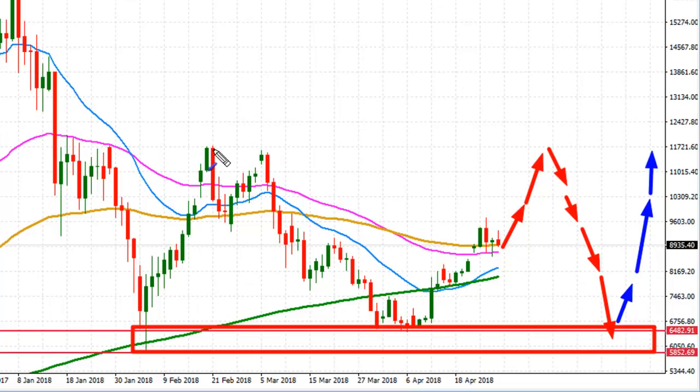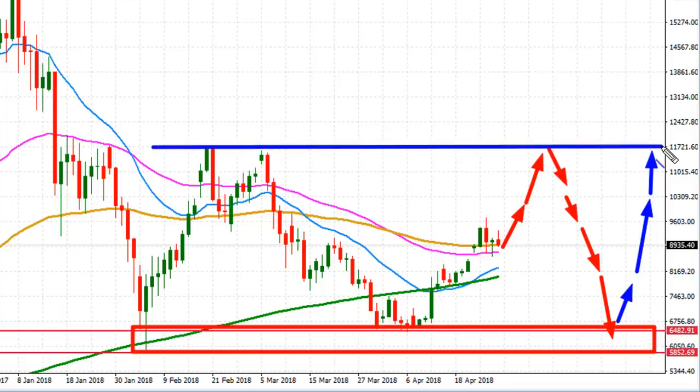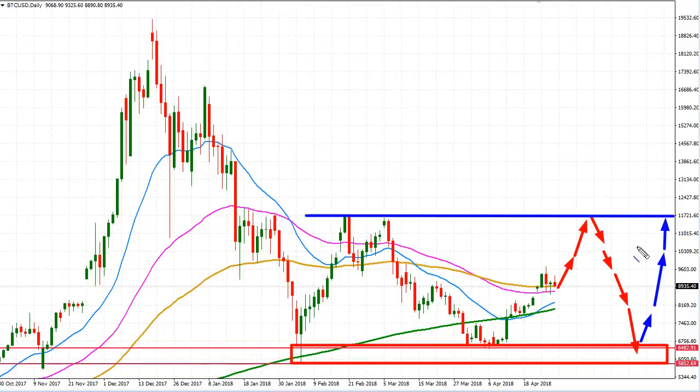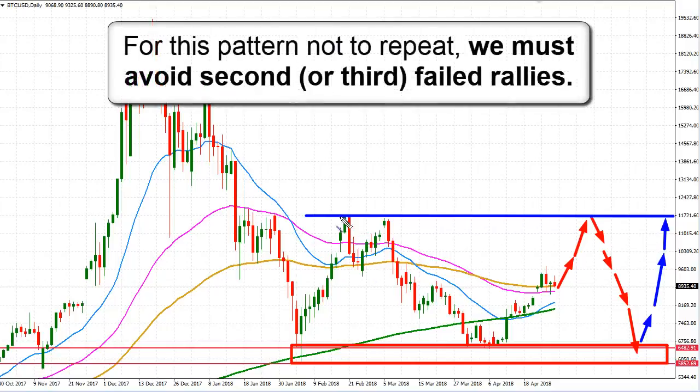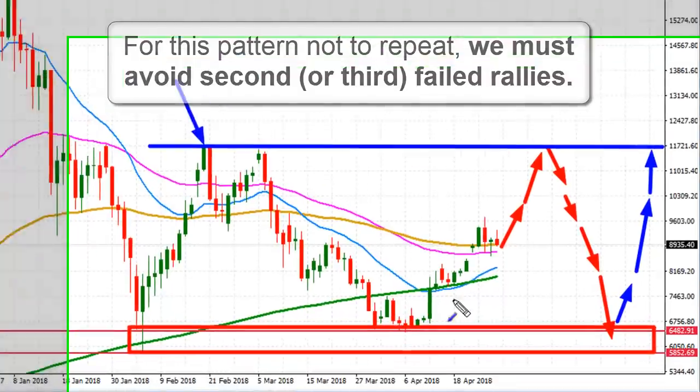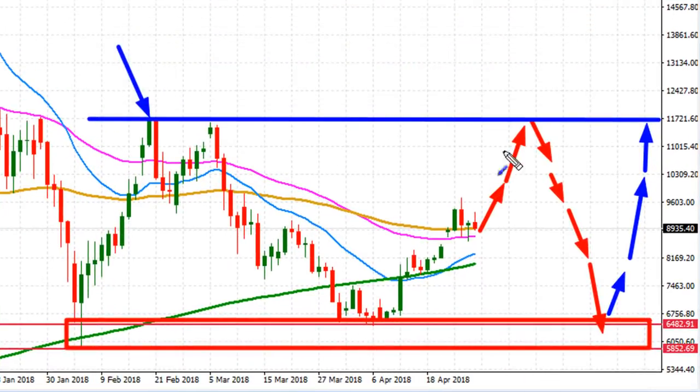So here's the thing. What we need to see is finally breaking through. Let me just draw a line here on my chart. So what we need to see on Bitcoin for this pattern not to repeat, well, firstly, we must not see failed rallies. Now, we've already seen one failed rally right over here. But the second attempt, we need to see the second attempt finally breaking through that resistance level. Because again, remember, if Bitcoin comes up to that resistance, and if it fails to get above that, if we see another failed rally, then that could essentially be one of the first initial signs of this dangerous pattern